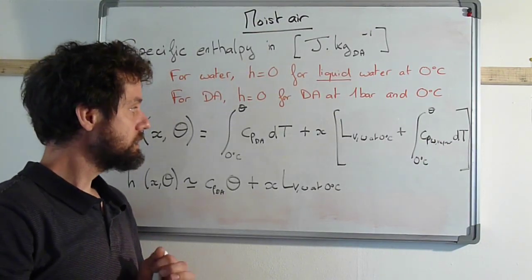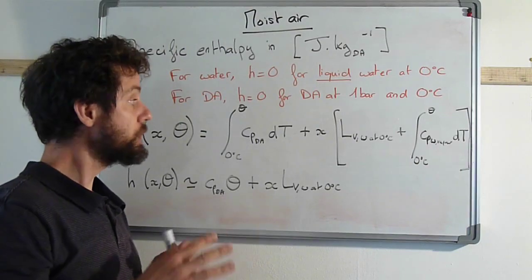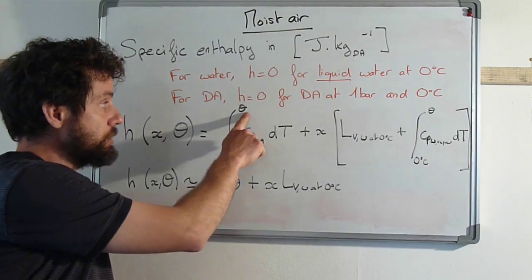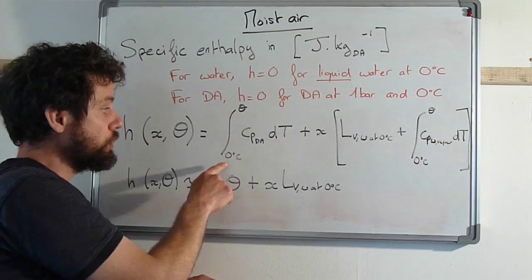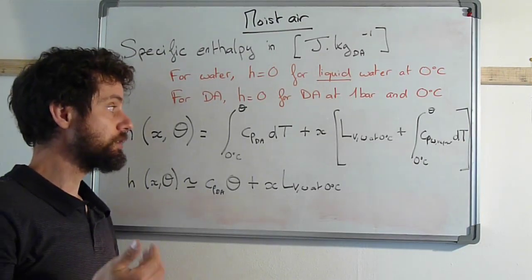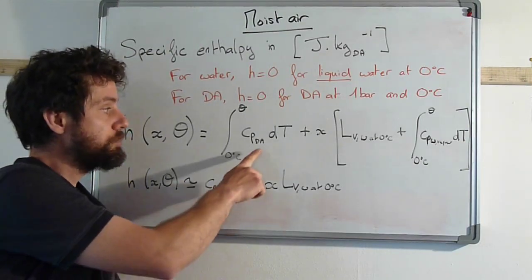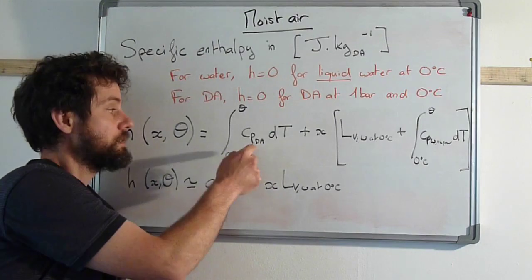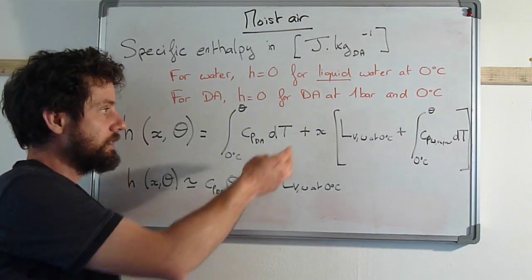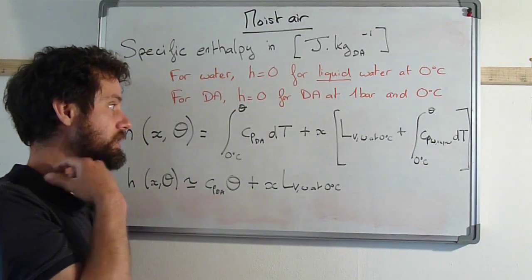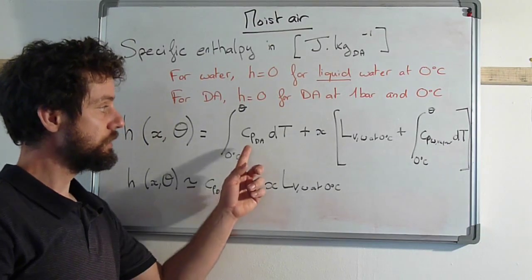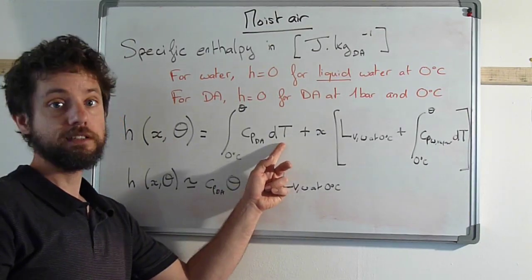We can notice we can make two assumptions here. The first thing is that the temperature is usually quite close to 0 degrees Celsius, or at least close enough so that we can consider that the Cp of dry air is constant, so we can remove it outside of the integration and have a simplified integration by this being the direct product of the Cp times the temperature